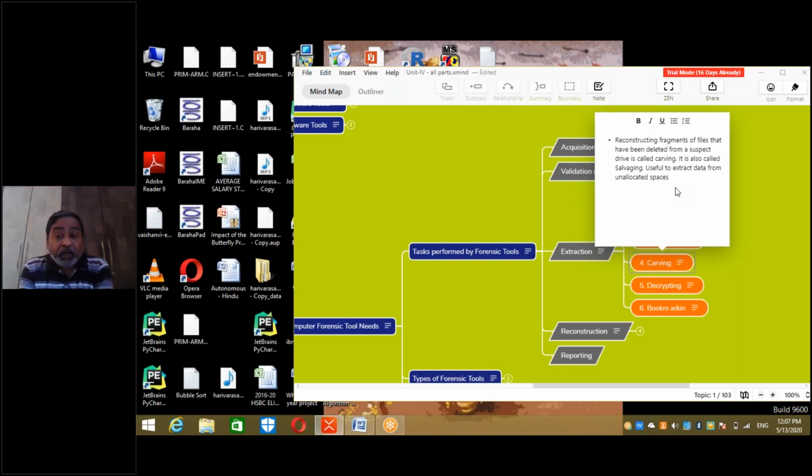Right? But you have not fully utilized that cluster. You have used only 600 bytes. The remaining 400 bytes of the 1K is unallocated, unutilized space. This is called slack space. Now this part could be important for you for an investigation case. What has happened here? Above this 600 bytes is this 400 bytes, correct?